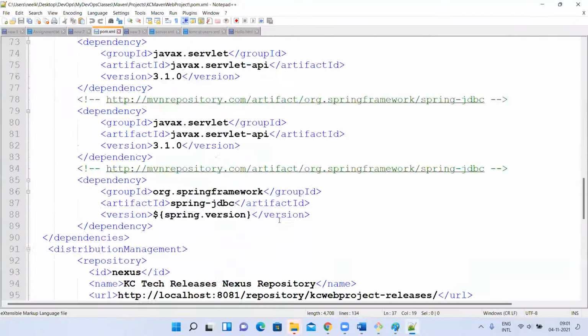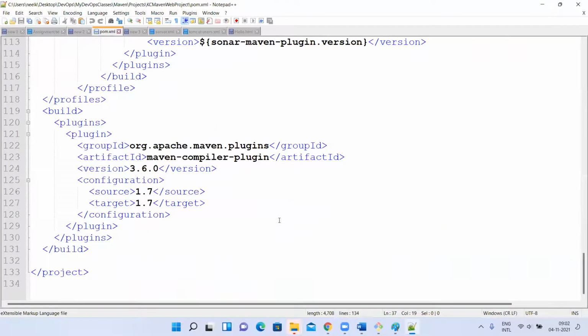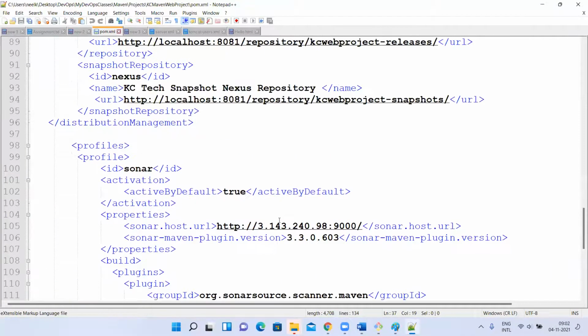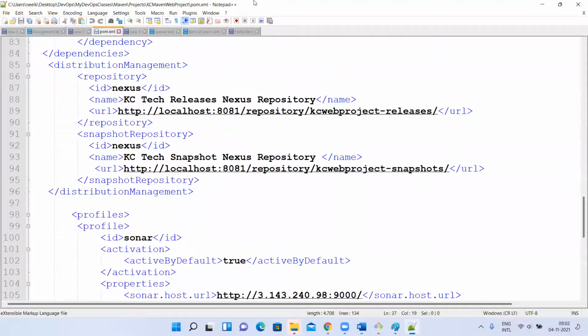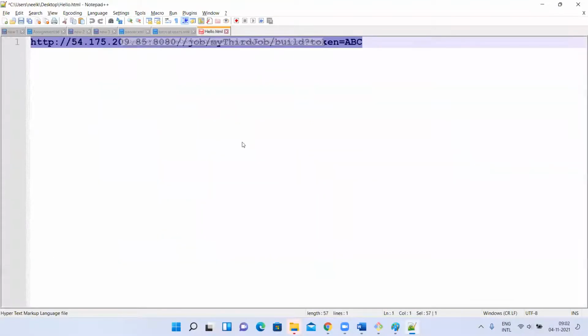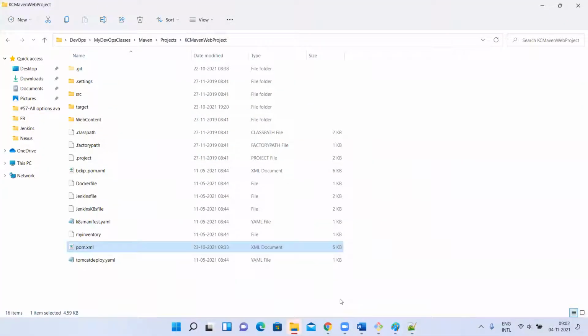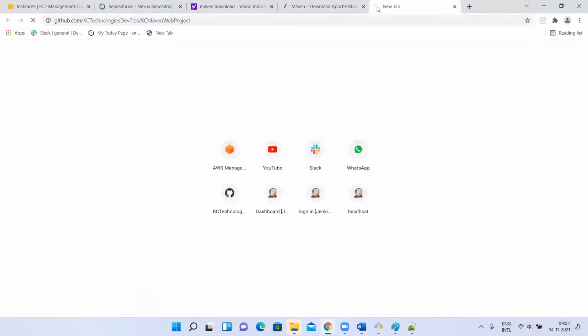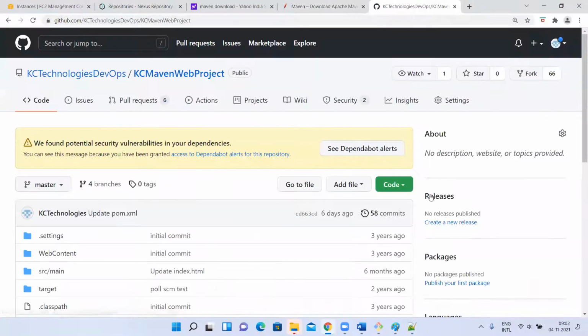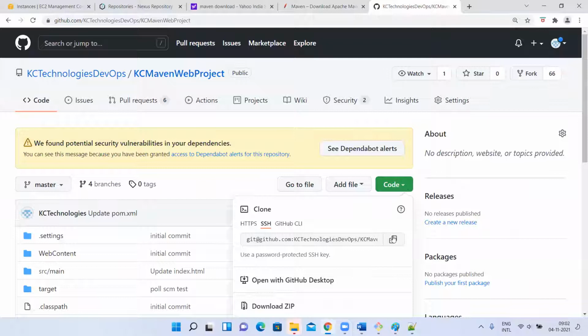Okay, just let me check one thing here. Okay, let me clone this. I'll go to this Maven web project. Let me clone this repository into my Linux machine.